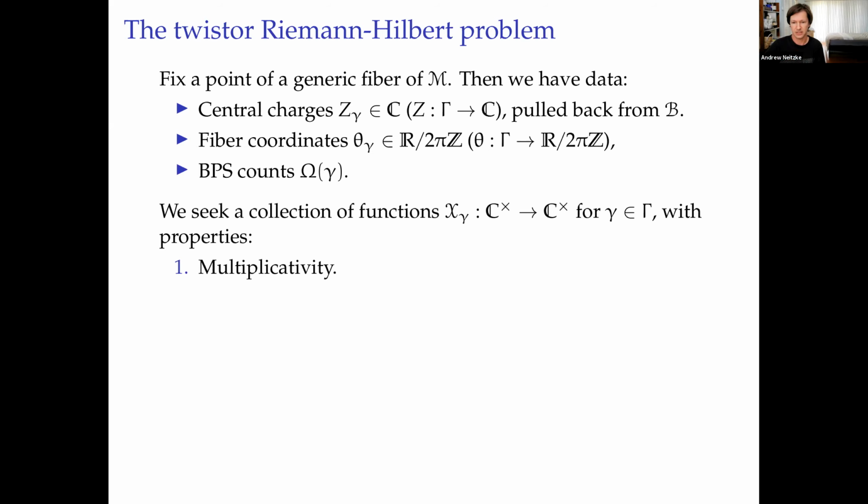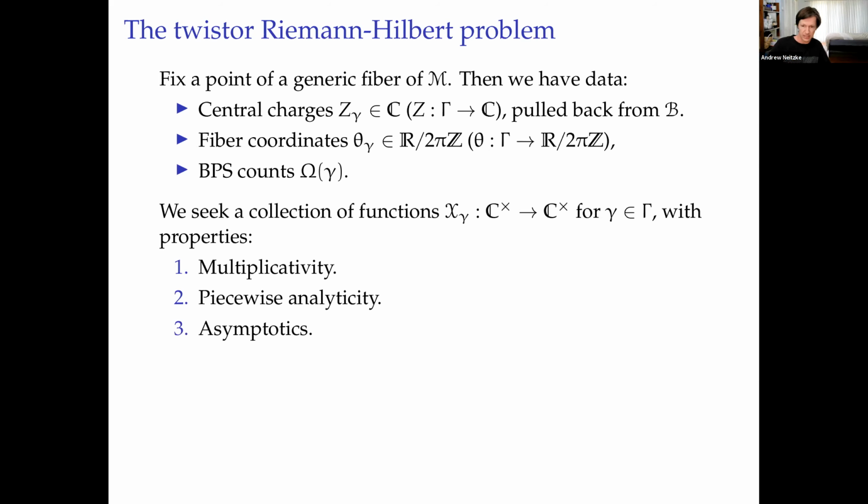Okay, so here's a list of the properties that they should have. They're going to be multiplicative. They're going to be piecewise analytic with some specific kind of jumps. They're going to have specific asymptotic behavior as the parameter zeta goes to 0 or infinity. So on the twistor sphere, the picture is going to be that there's the North Pole and the South Pole, and those points are very different from all the other points. And we're going to construct things on the kind of central C star, and then they're going to have some singularities as zeta goes to 0 and infinity.